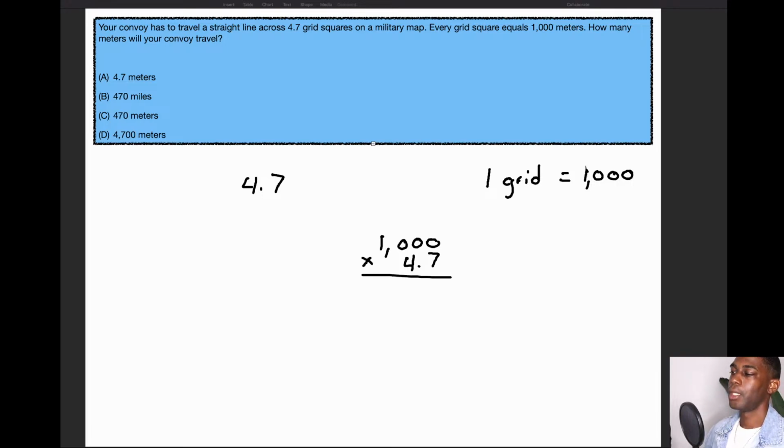I'm going to teach you guys a shortcut. All you have to do is count how many zeros are on this number. There are 3 zeros in the number 1000. Then you go over to this decimal and move the decimal 1, 2, 3 places to the right, giving us an answer